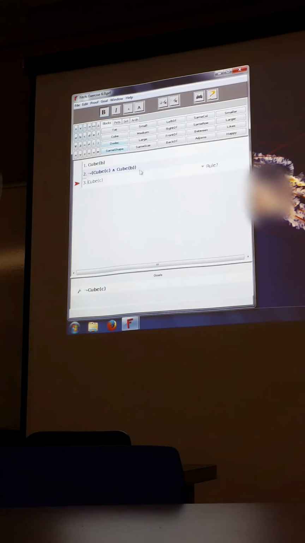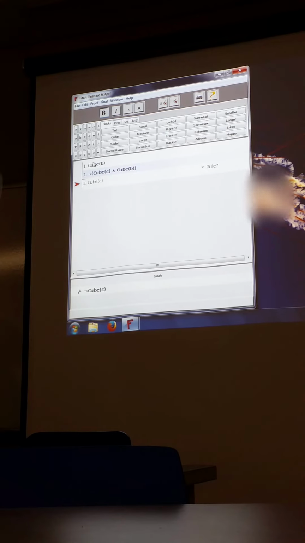Okay? So let's think about it. What does 1 say? B is a cube, and what does 3 say? C is a cube, but what does 2 say, Cody? Not the case that C and B is a cube. You can't have them both together, right? And 1 and 3 say C is a cube and B is a cube. Can I have all 3 together true? Yes. You sure? No. No, but B is a cube and C is a cube. And 2 says,